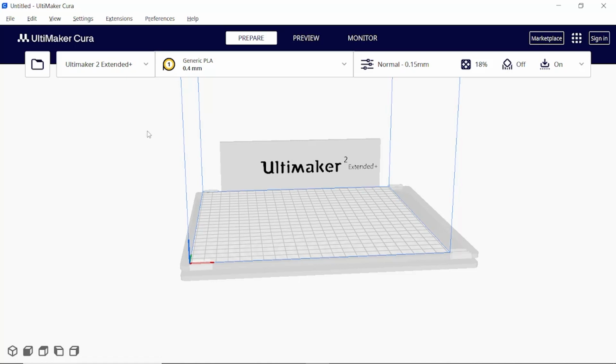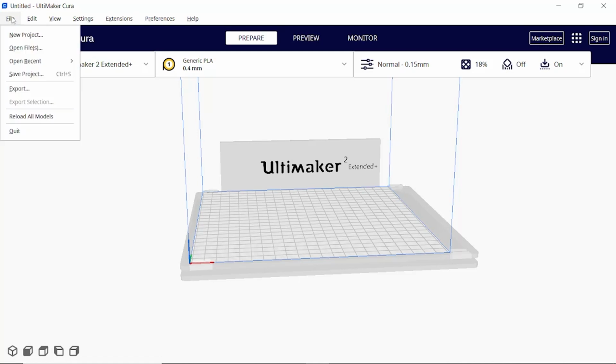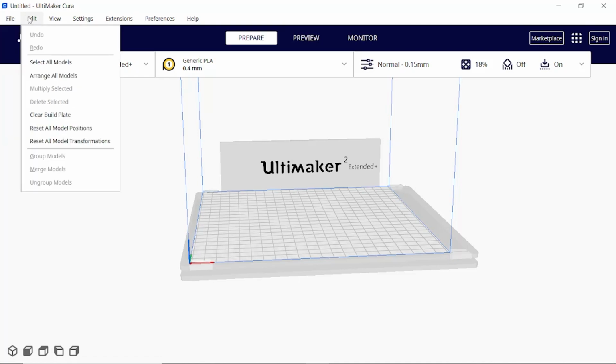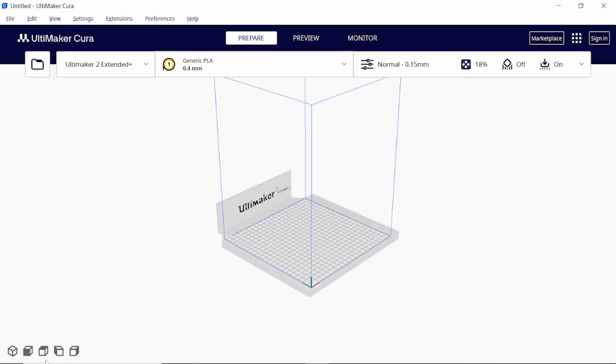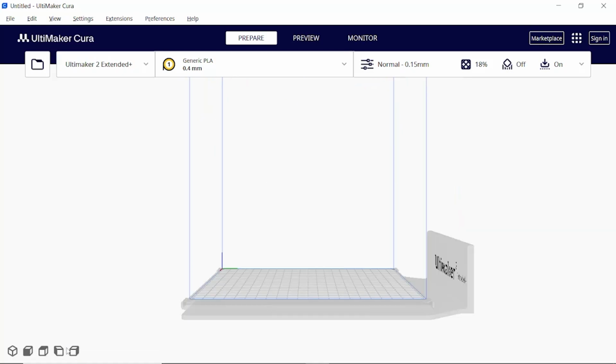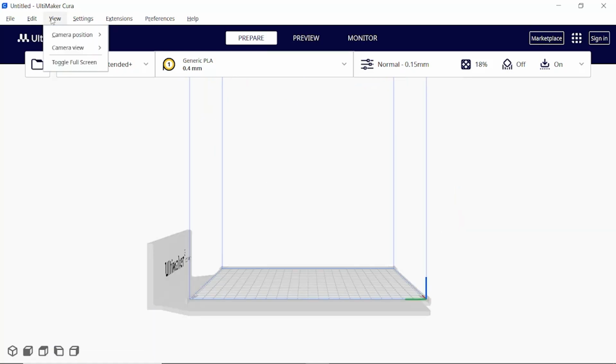So now that we're here, just want to float through the menu really quick, just so we can see what's available to us. Under File, that's where you have New, Open, Save, Quit. There's also Export, which is one way to create our G-code file. Under Edit, again, familiar options, Undo, Redo, Select, Delete. Under View, we have camera positions, which are also available in the lower left corner. If you choose one of those, again, you can also use the lower left corner here. There's also